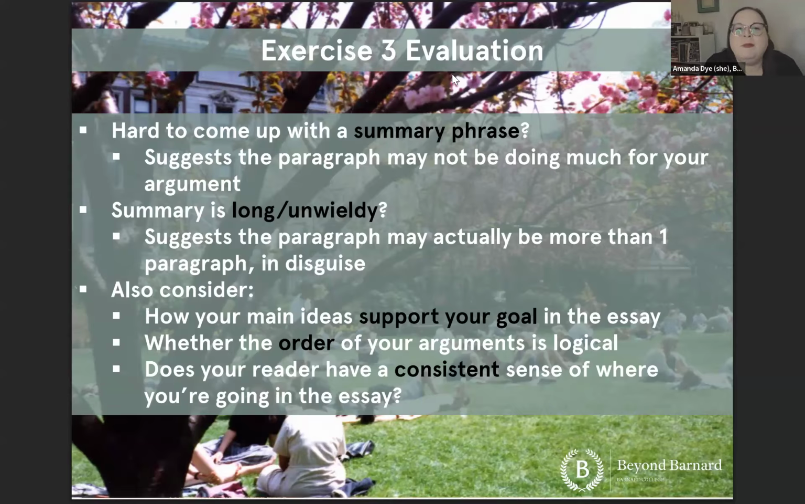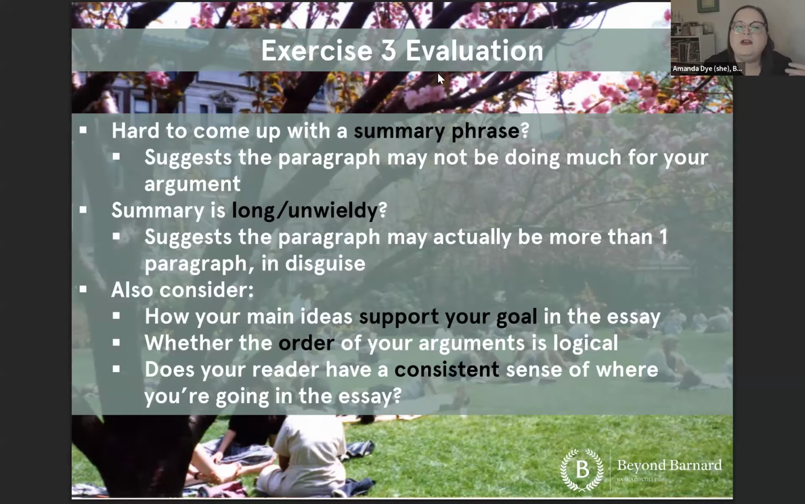You also have the opportunity when you're doing a reverse outline to look at things in this very bare bones form, and think about how well your main ideas overall support the goal of the essay, to get someone to be interested to talk to you. Whether the order of your arguments is logical, it's really easy to see when you're using keyword phrases, and whether your reader is going to have a consistent sense of where you're going